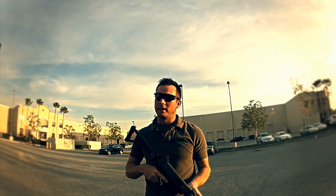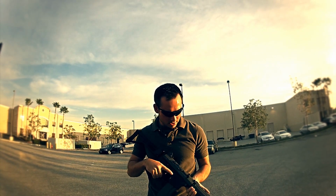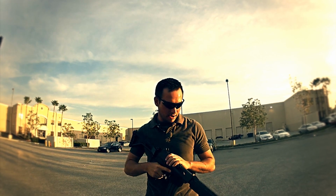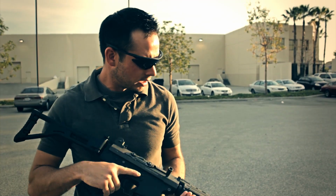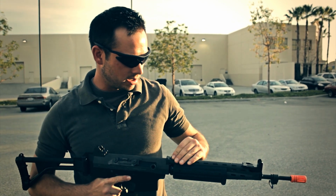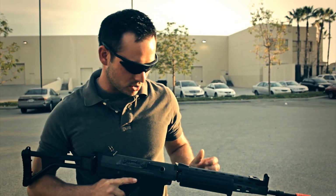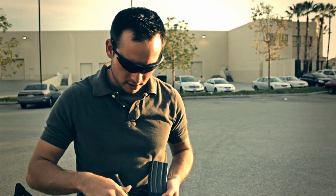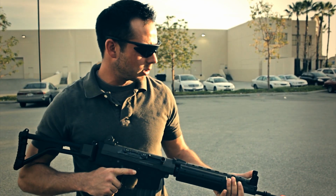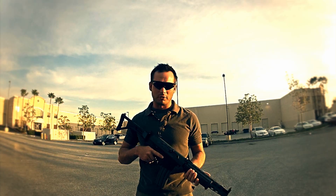Yeah, this G&G FNC is very nicely balanced, featuring full metal external construction. I really like the attention to detail G&G paid with the FNC Herstal licensing. The overall external composition is great. You know, they made the adjustable gas tube, though it doesn't actually do anything, along with the 3-shot burst selector switch. That's nice too, as long as the flip-up grenade sight. But as far as performance goes,